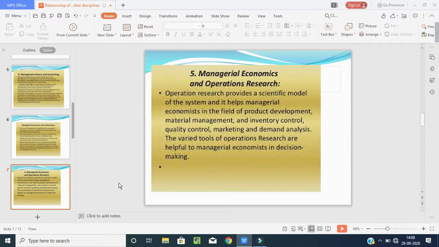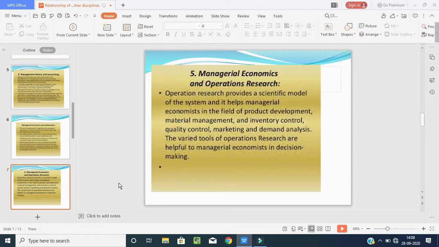It helps managerial economics or the economist in the field of product development. What product we should develop, what the material is, how we have to manage the material, how you are going to control the inventory, how you have to control the quality, how we have to go for marketing and data analysis. All these things will be recorded in the firm. So firms nowadays are going for operations research to analyze the data in the market. After that they will invest, or they are going to launch their product,